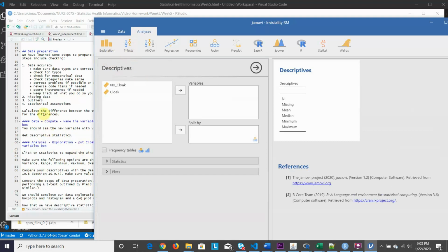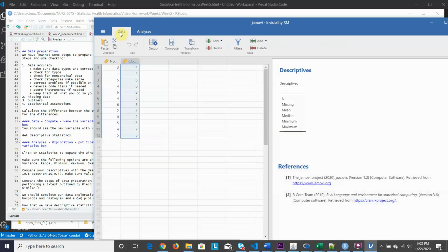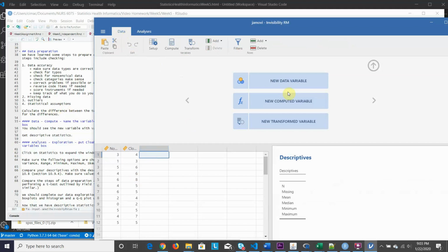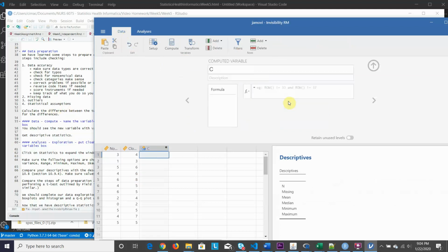One thing that we need to do is calculate the difference between the 2 scores, because with the paired t-test, we're looking at normality of the differences. So I'm going to go back into data, and we're going to click on a new variable, and we're actually going to do a new computed variable. I'm going to call this difference, and the formula is going to be